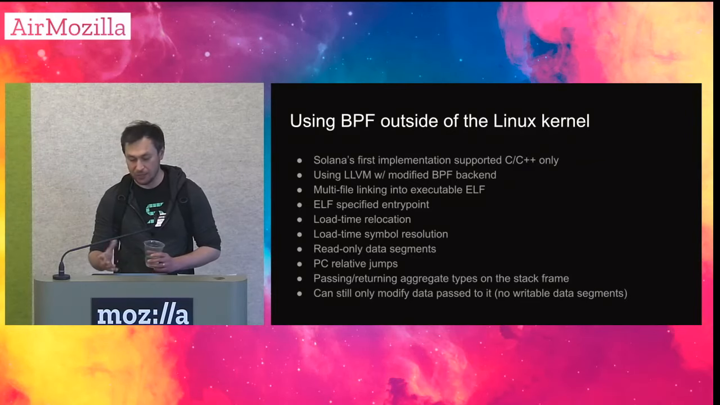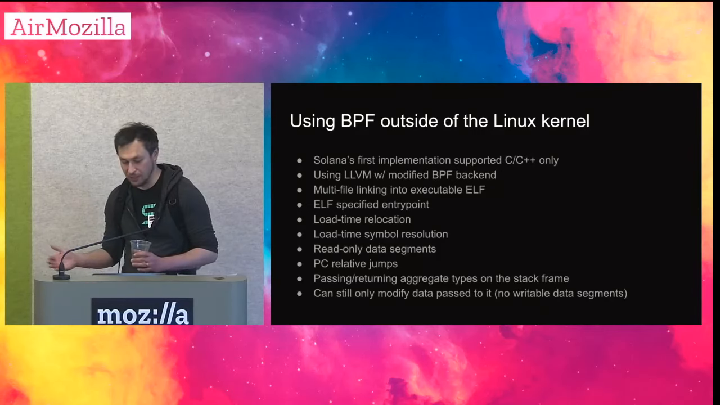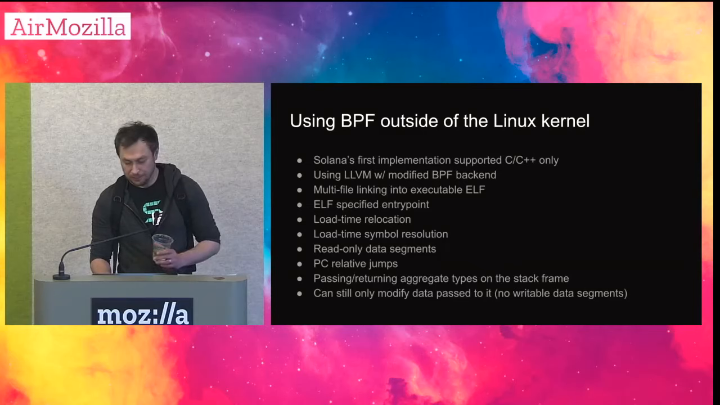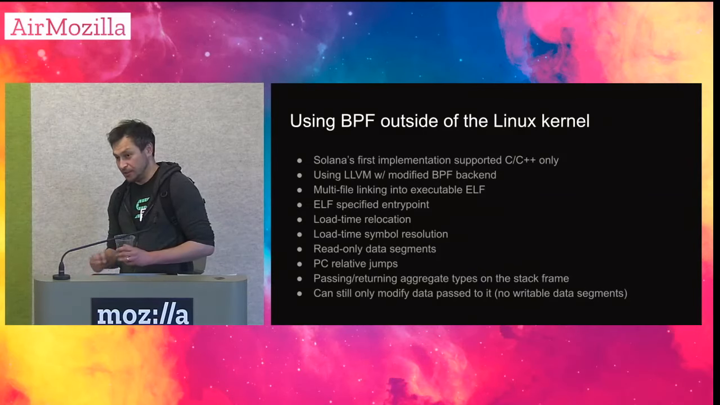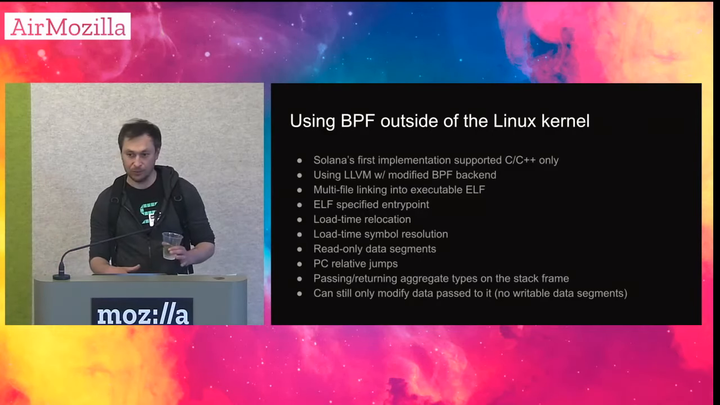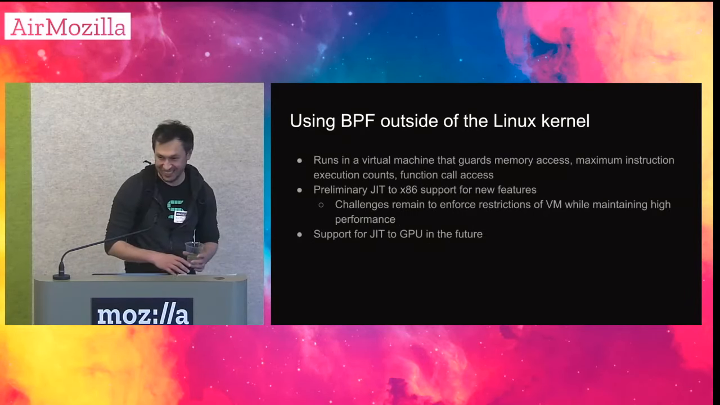We added load time symbol resolution, read-only data segments, some PC relative jumps. And now you can pass and return aggregate types on the stack frame, which if you're returning a vec, that's an aggregate type because it's effectively a structure of pointer and length, and I think maybe something else. So you can still only modify data passed into it, so there's no writable segments. So imagine a program without any writable globals. I don't know if this stuff is way too deep, but